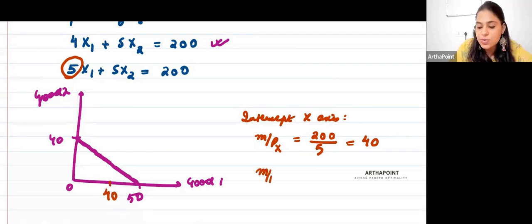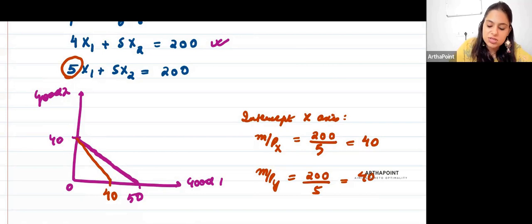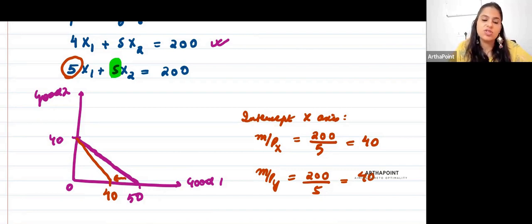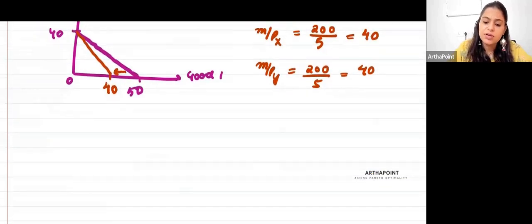Intercept on the y-axis will be m by py. Nothing happened to the price of good y, so it is the same. So this will be my new budget line. It will pivot inwards. You must do all the cases. Try changing the price of good y to 6 rupees, changing the price of good y to 4 rupees, and draw all such budget lines. Now, based on this concept, there is another thing which I can do with my budget line,